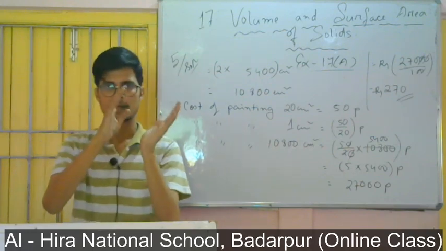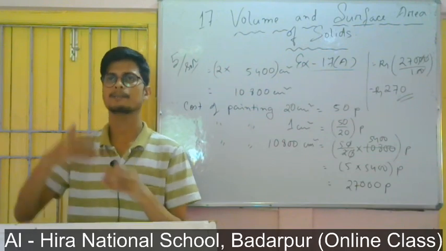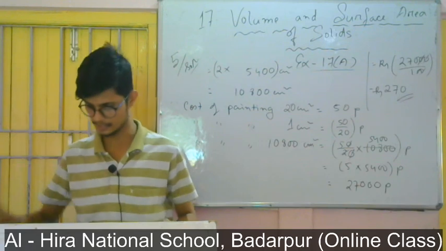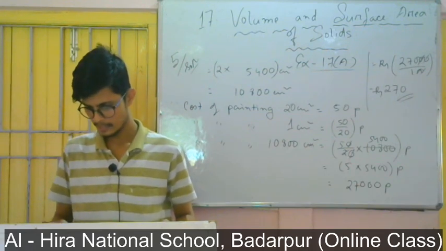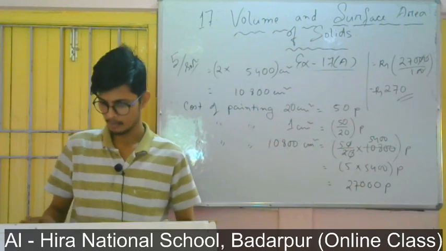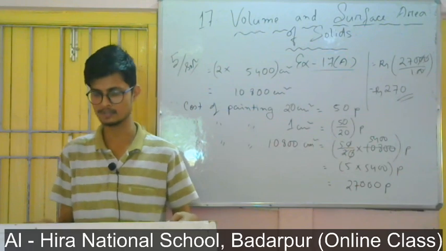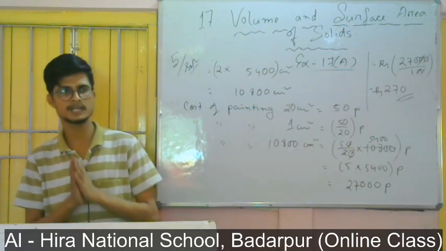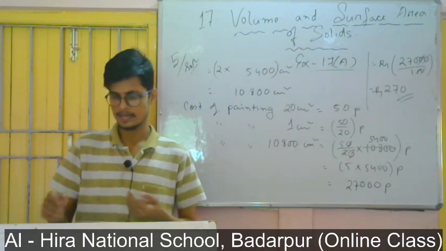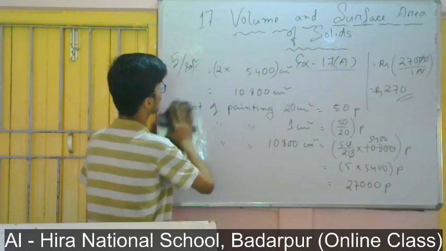That means the answer that I will get after calculating for the first one, for one tin, simply I will multiply that one by 20. I will get the surface area of 20 such tin. And then the question is like the same, that if 1 centimeter square of tin costs rupees 10, then you have to find the cost of 20 such tin. That means first of all I will find the total surface area of one tin, then I will find the total surface area of 20 such tin, and then I will solve the last part like this.